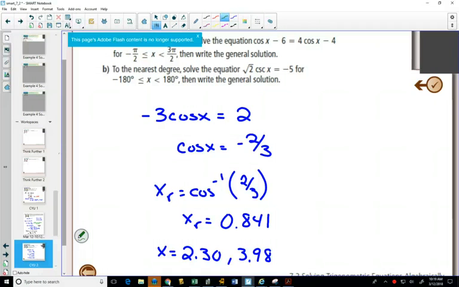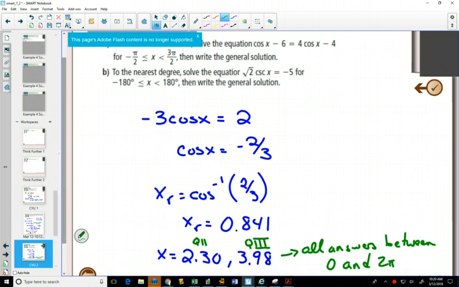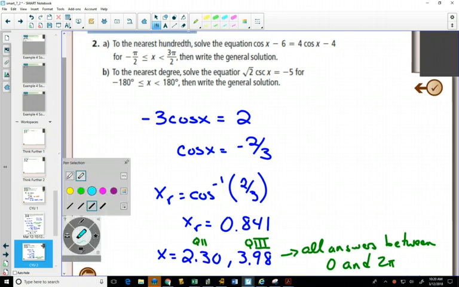I'm going to put above this one that this one was an answer in quadrant 2. This is an answer in quadrant 3. And this is all of our answers between 0 and 2 pi. Now that we've done that, let's go back and say, is that what they were looking for? No. In this case,